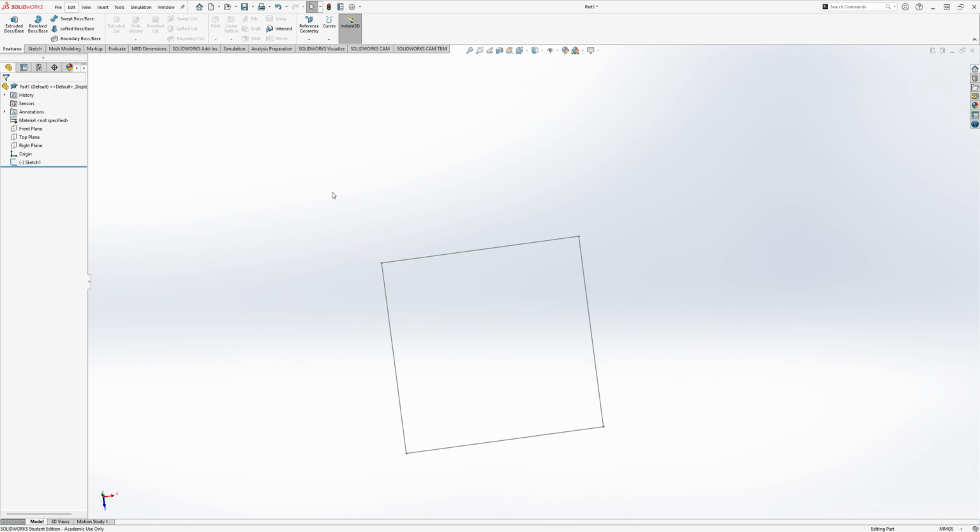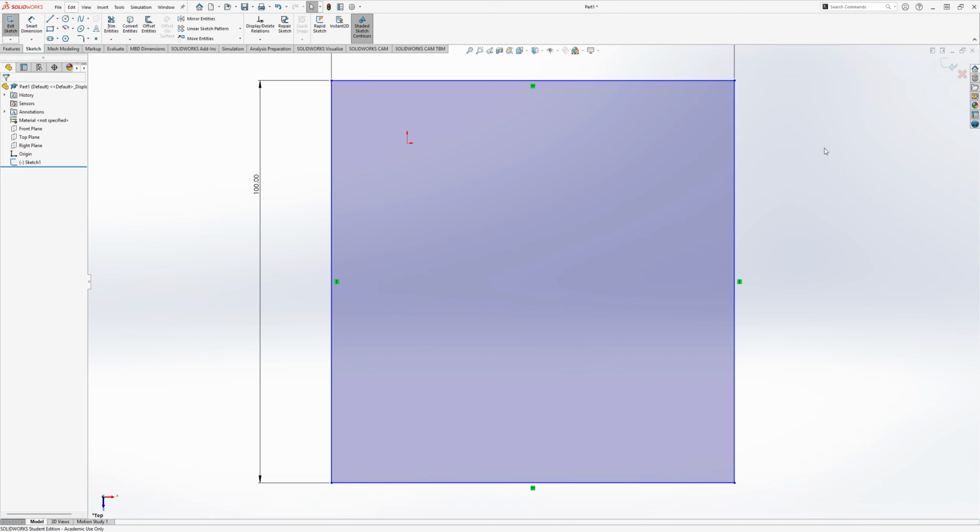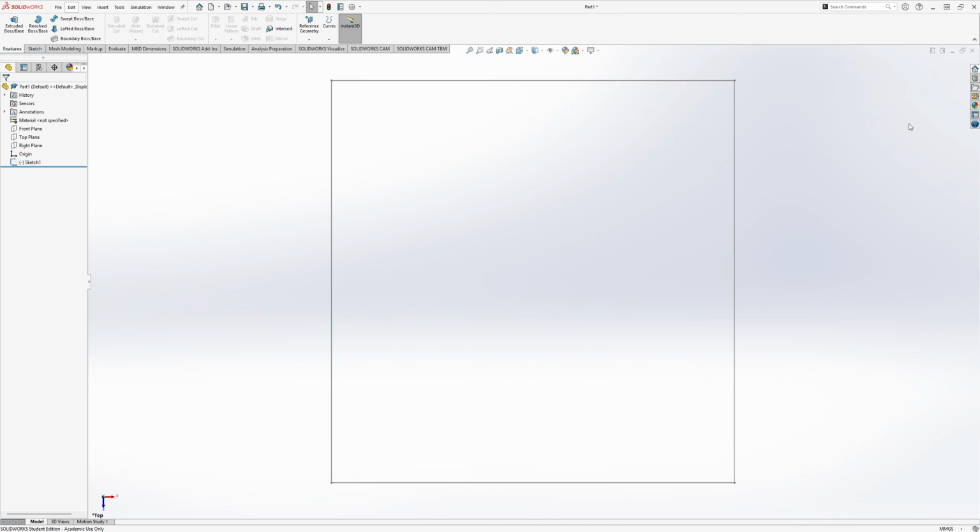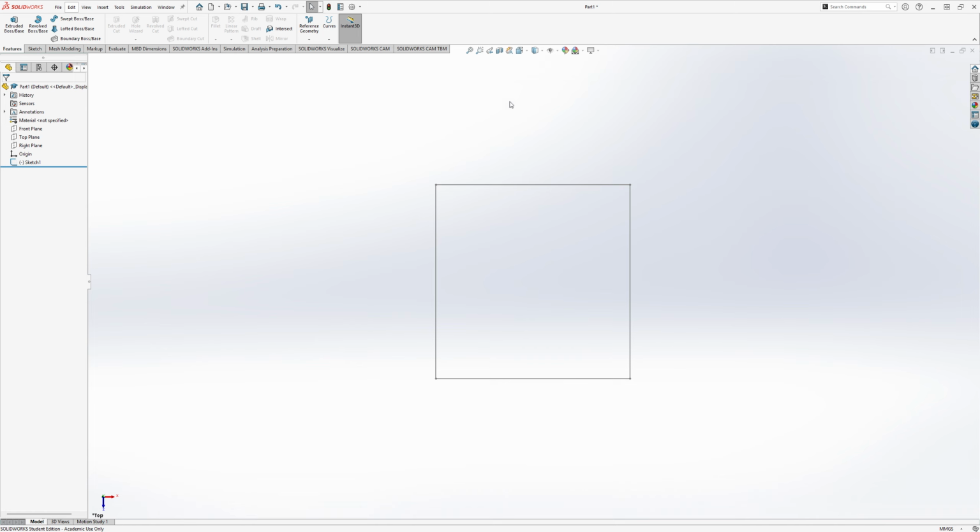Actually, let's show you this. This is a grey line, that means we haven't selected it. As soon as we select it, it will show you a blue line. If we unselect it, so going back to our sketch, once we finish it, we're going to click the empty